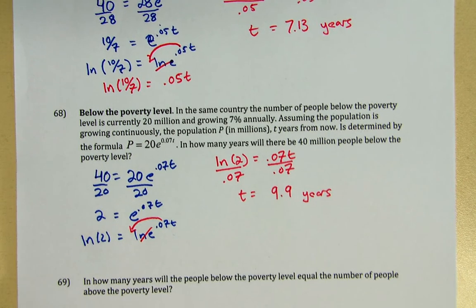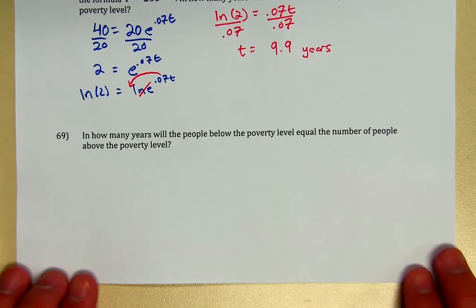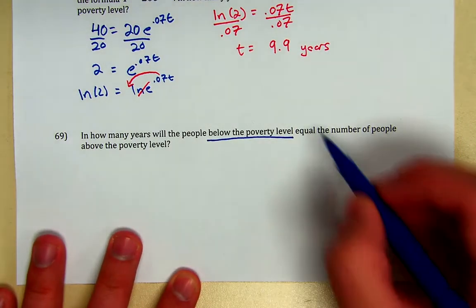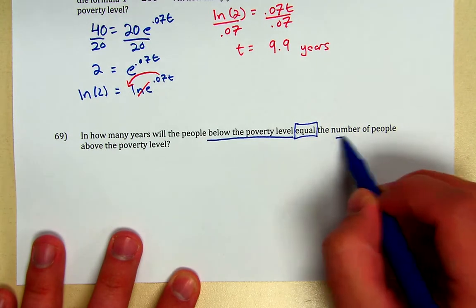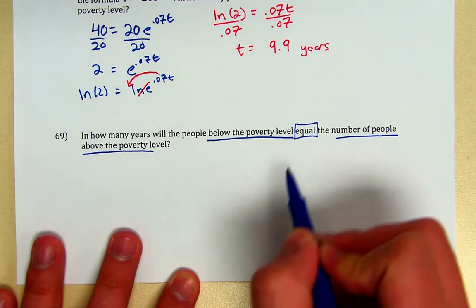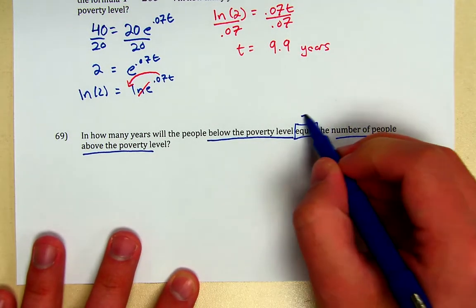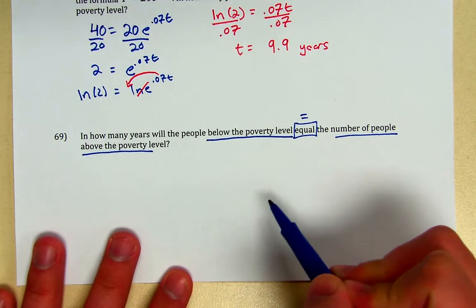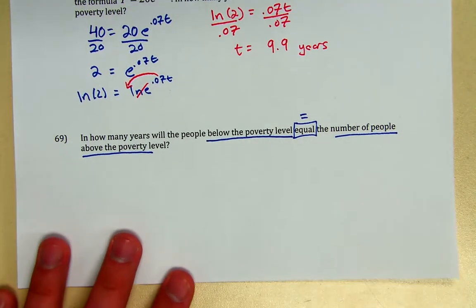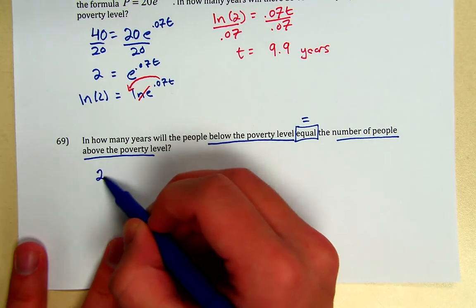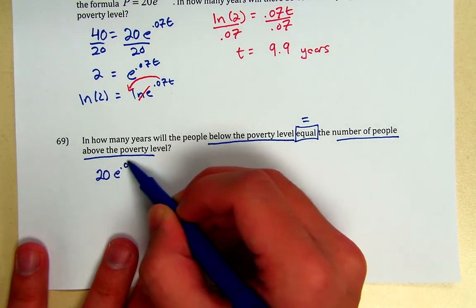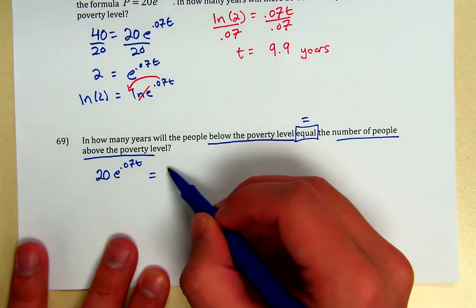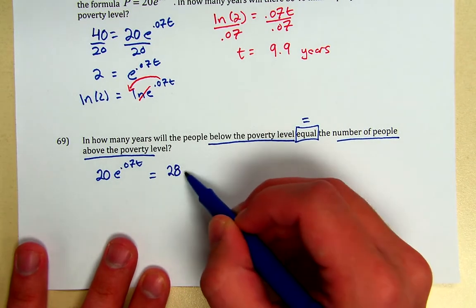So now the next question, like I said, is a little bit different. It says, in how many years will the people below equal the people above? So I want to equal something. Well, what should I equal? The people above to the people below, or below to above. So people below is represented by that 20e^0.07t equals the people above the poverty level, 28